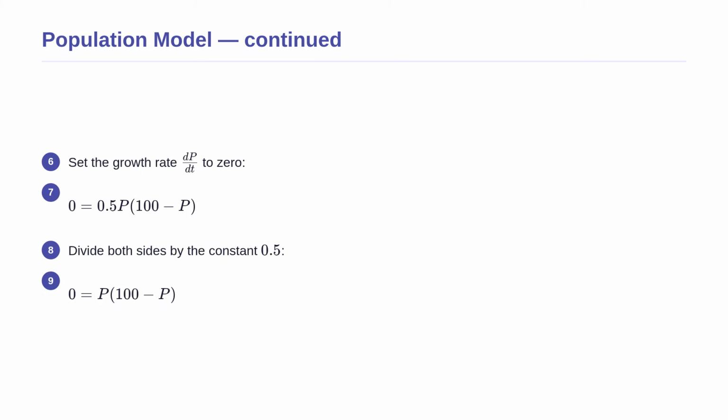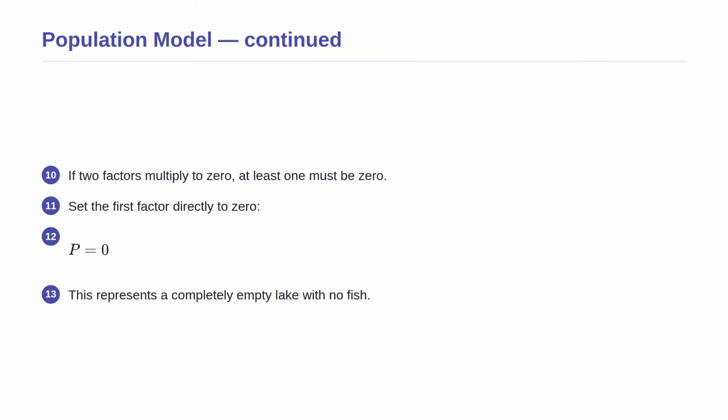Now, we are left with two distinct mathematical factors multiplied together that must equal 0, p and 100 minus p. According to the fundamental rules of algebra, if two things multiply to make 0, at least one of those individual things must be 0. We obtain our very first solution by setting the first factor directly to 0, giving us